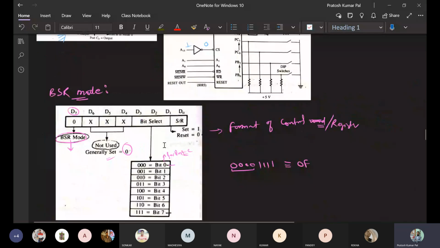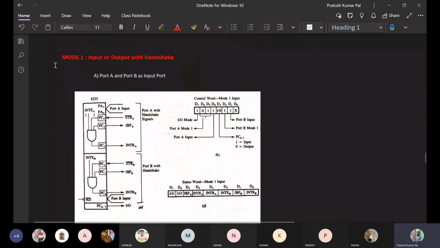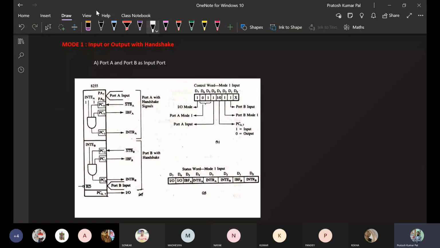Up to mode 0 we have seen, so we will start with mode 1. In mode 1, port A and port B will work in input or output mode, and port C will work as handshake signals.